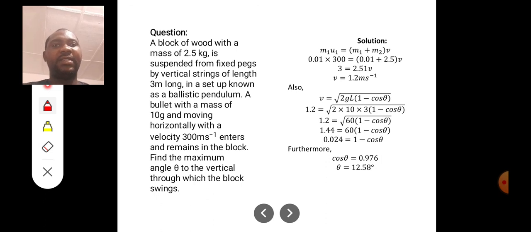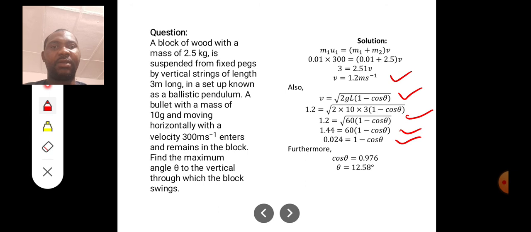So you see, the first thing we did here in this question is to find their common velocity, knowing that m1u1 is equal to (m1 plus m2)v. Okay, so after substituting values, we get the common velocity to be 1.2 meters per second. Now, but also this common velocity is equal to square root of 2gL into (1 minus cos theta), and we're looking for theta. Okay, so when we substitute the value for g and L, we got to this point, square both sides to remove square root here, then we divide both sides by 60 here,